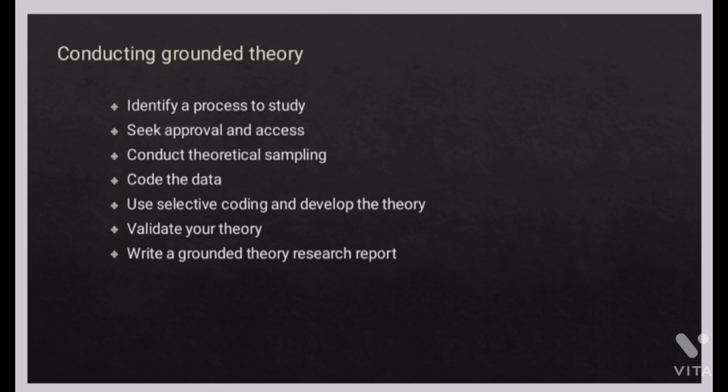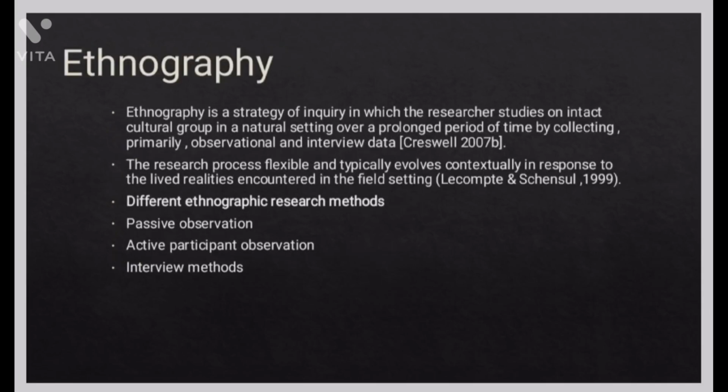And how is grounded theory conducted? First, they identify the process to study, seek approval, conduct theoretical sampling, and code the data. They use selective coding to develop the theory, validate the theory, and write the grounded theory research report. Now we are going to talk about the second approach of